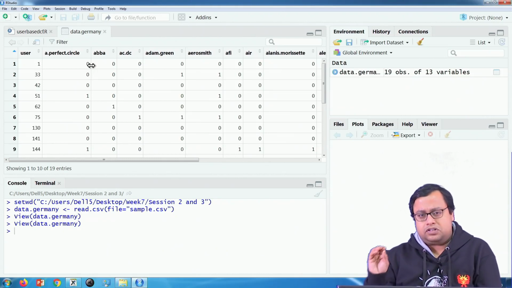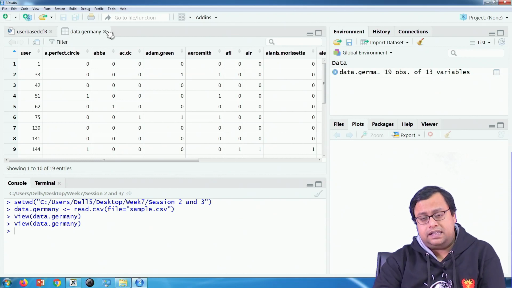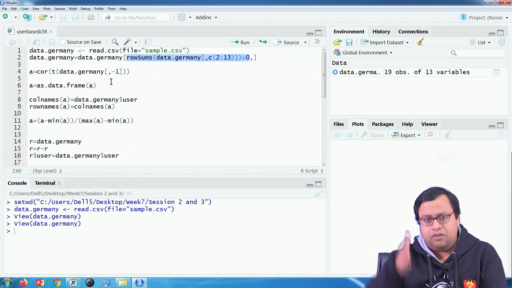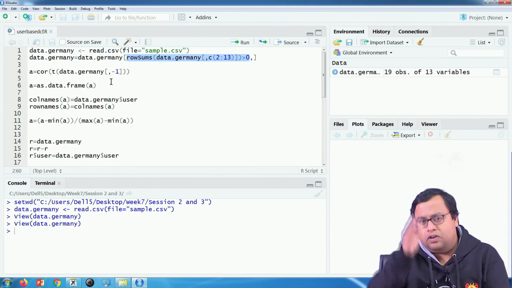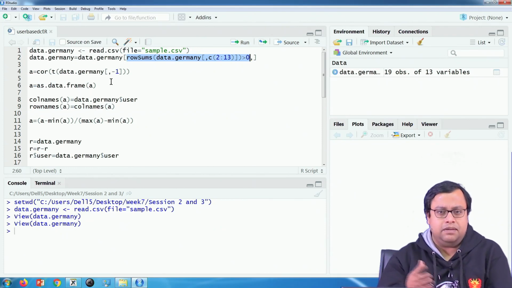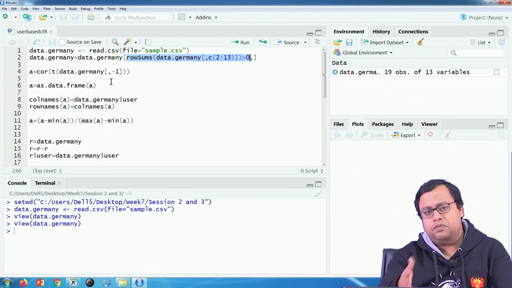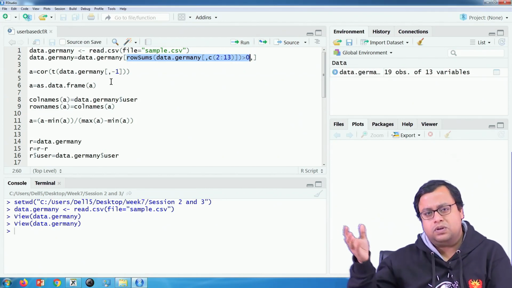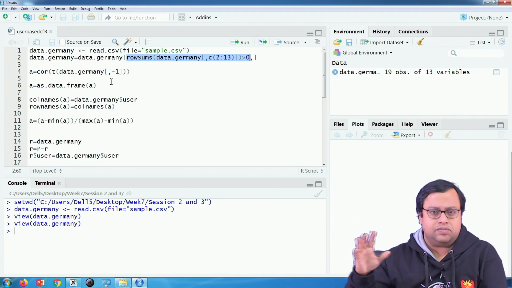So this is the first small job that we are doing here, which was not the case in the previous approach, where we were doing column wise. There we had to check column wise, and if the sum is 0, then that particular movie is not seen by anybody, so the similarity of that movie with any movie is 0. We could have dropped that movie. So that is one way.